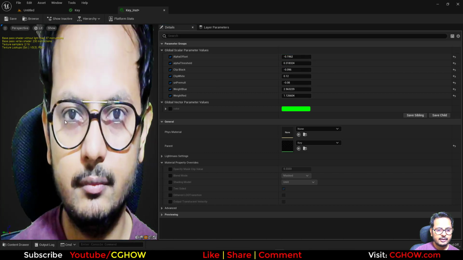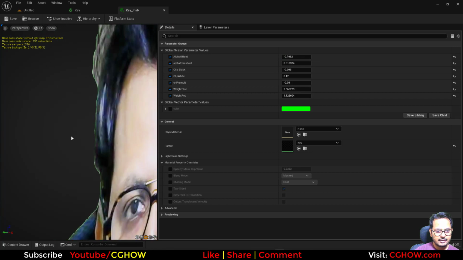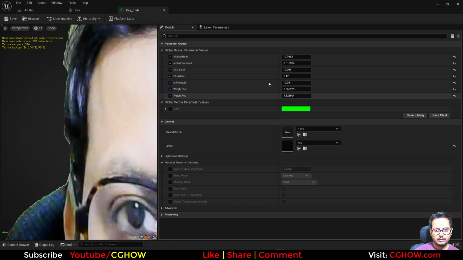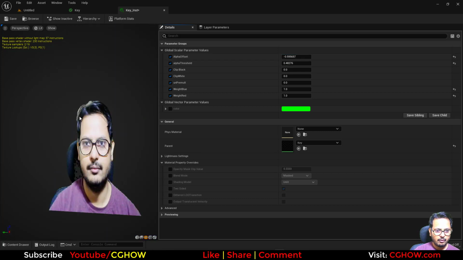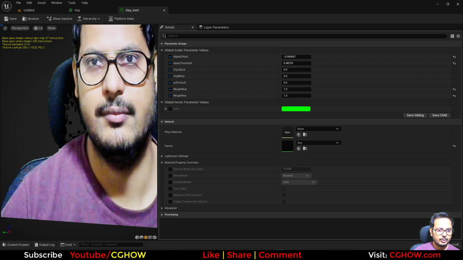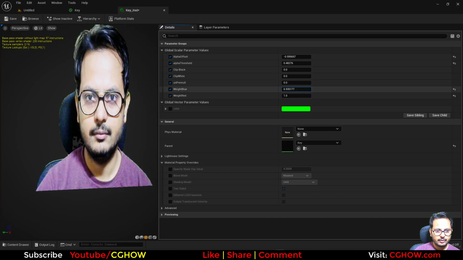Basically, if I zoom in a little bit more on the edge, I want to clear these edges, so we have to work on these. If I increase this, you can see it's increasing that edge. I'm decreasing this value. We have to control these. I'll make this clipping 0, and the weights I'll put just 1 and 1. We have almost gone, but we have also eroded this part,